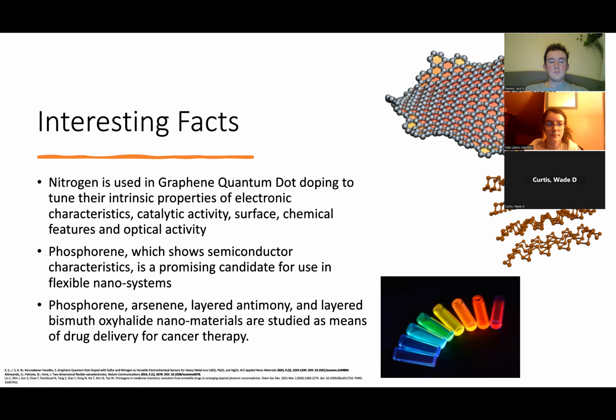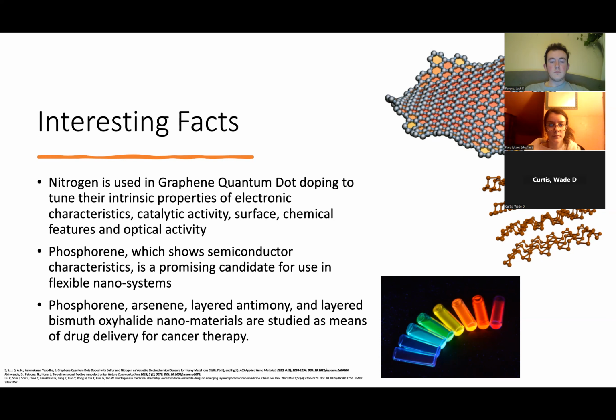And then some interesting facts about these elements: nitrogen is often used in graphene quantum dot doping, which in the top picture is a graphene quantum dot. It is used to tune the intrinsic properties of these quantum dots, specifically their electronic characteristics, and probably the most important thing is their optical activity. Phosphorene, which